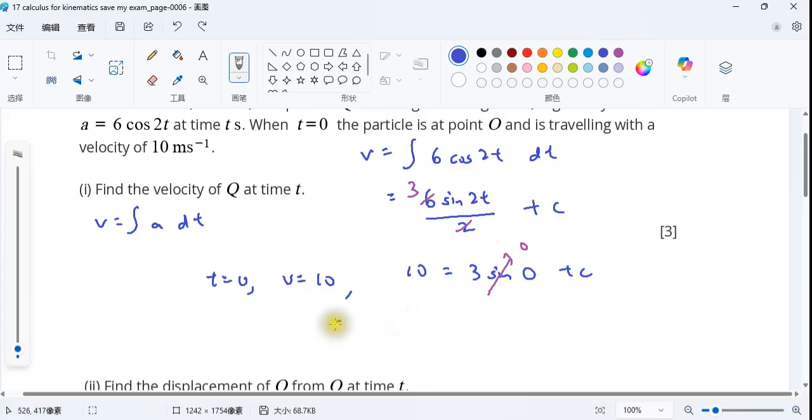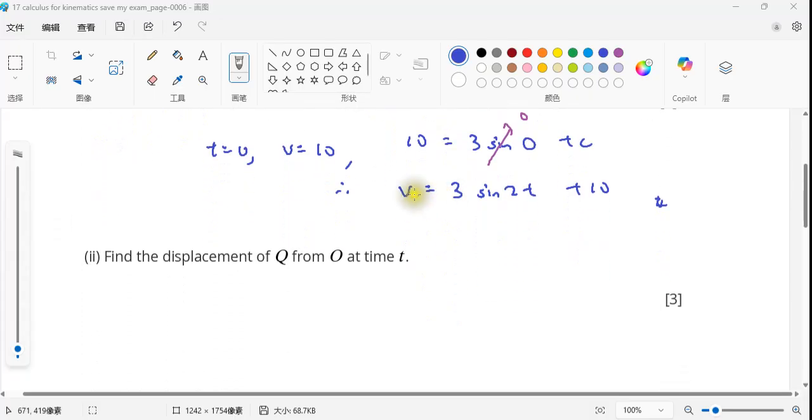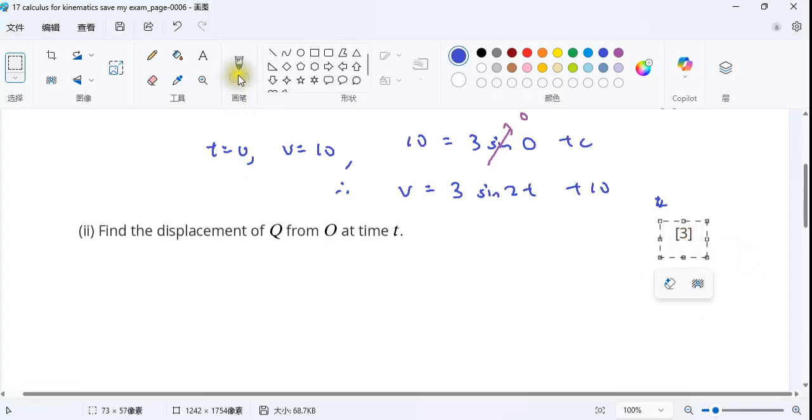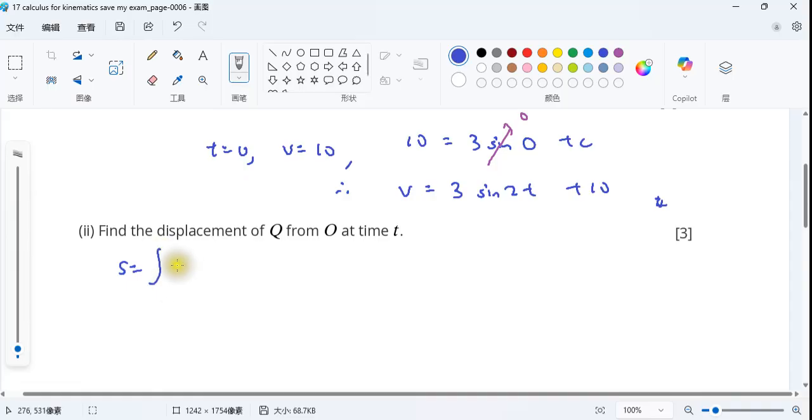So v equals 3 sin 2t plus 10. Okay, 3 sin 2t plus 10. Find the displacement. So to find the displacement, we know that s is the integral of v dt. So integrate 3 sin 2t plus 10 dt,